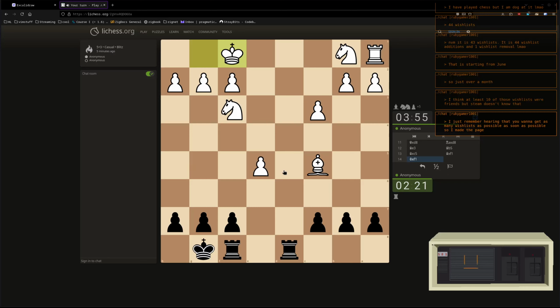You want to get as many wishlists as soon as possible. Yeah, I would imagine that's how they have set that up. Again, I'm not very familiar with it, but